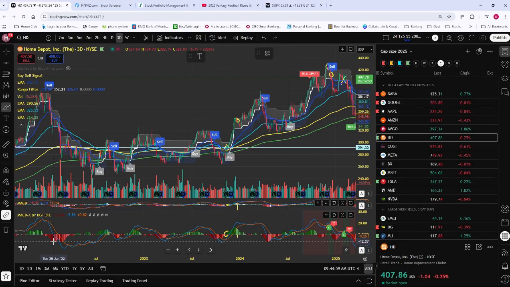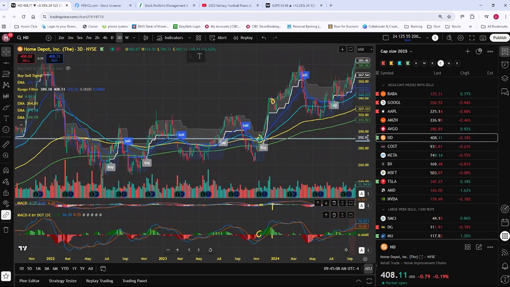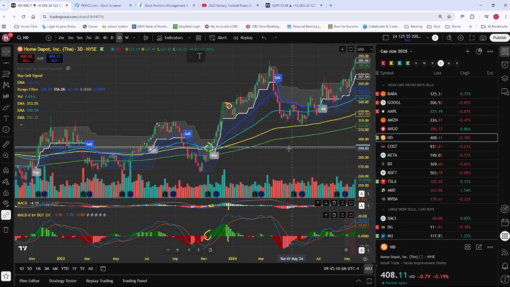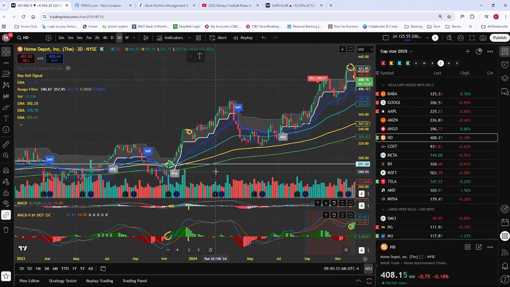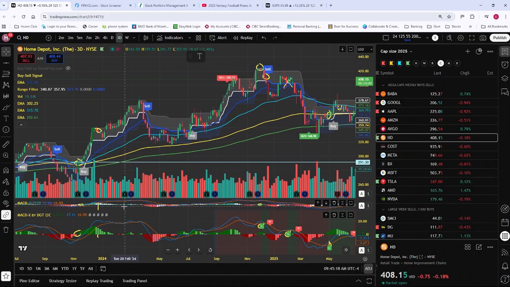This one's just dropping off a small bridge, and you're not getting much of a bounce back, but you're getting a little one. So we wouldn't have got a buy signal there because we're not coming off. We're not under. We don't have red moving up. So here we have red moving up,